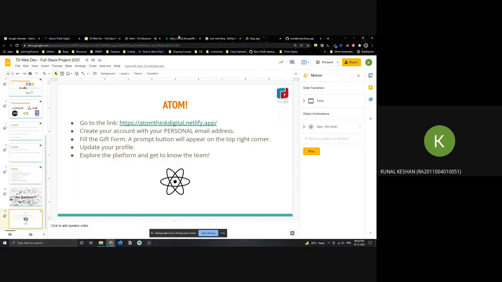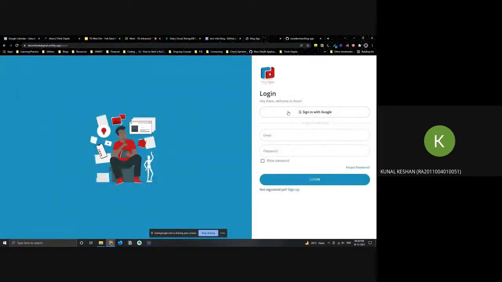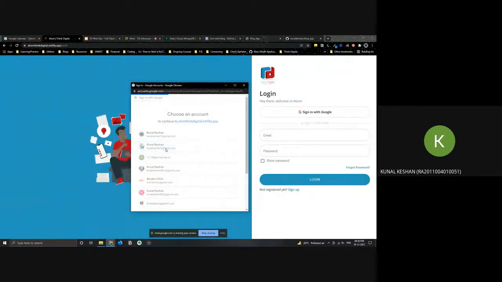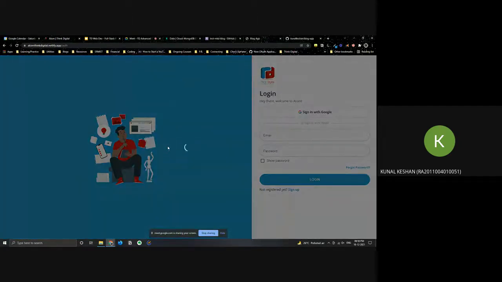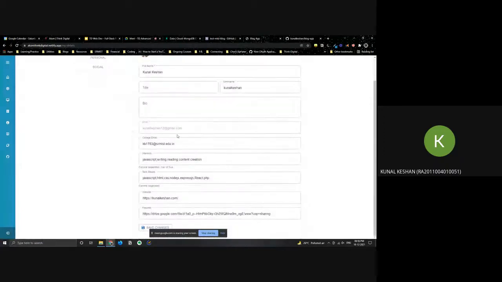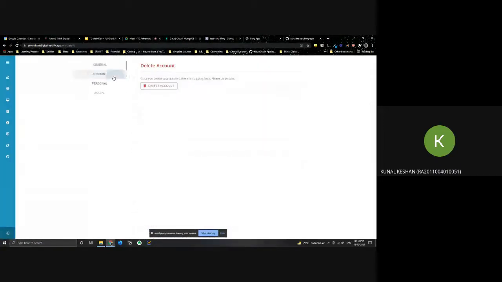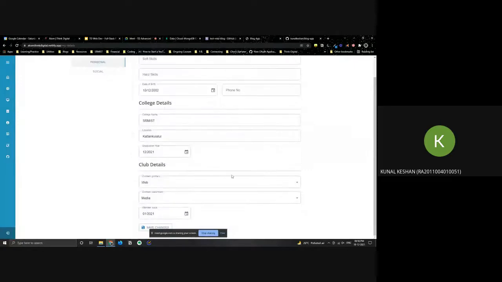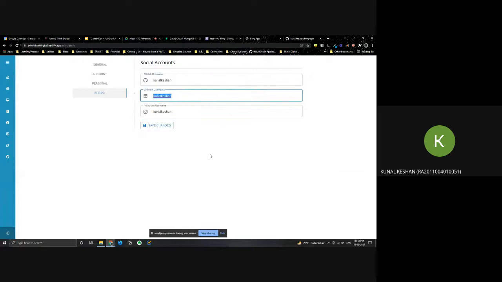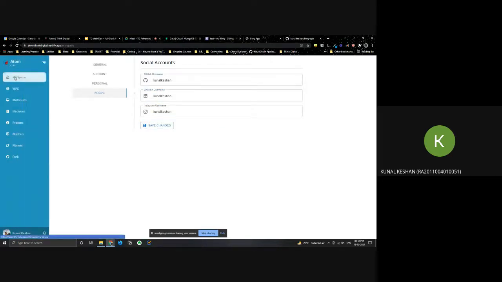Okay, so I'll also just do it along with you. So I did a Google sign up. Okay. So once you come here, it will give you a prompt to complete your profile and all that. So you can go ahead and fill in all these details over here. All of them, you can just fill them up. Even your links, you can just put your username over there. You don't have to worry about putting the actual links and all. And then I'll come back to this one.